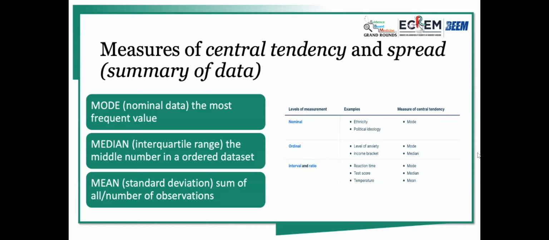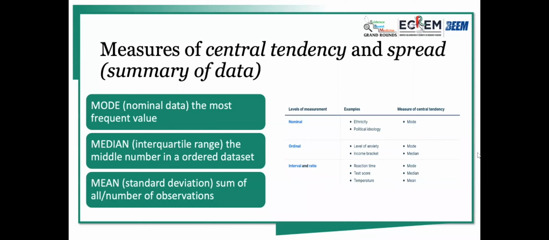Those would be different levels of data. And I would try to characterize that data by using a central tendency measurement that we call median. In other words, I would like to show what the most common or the middle number is in that data